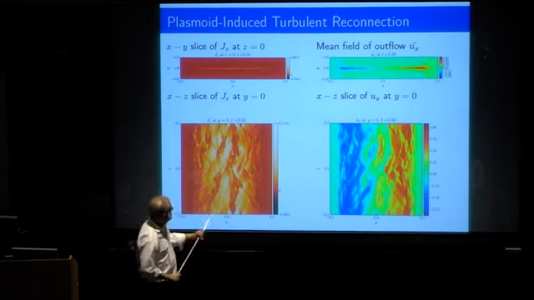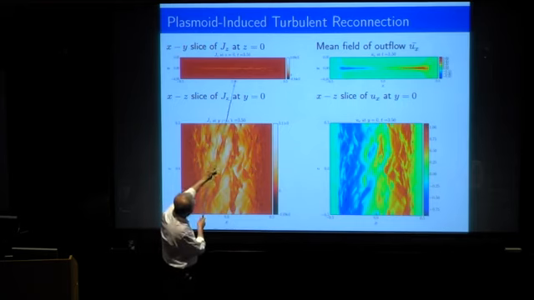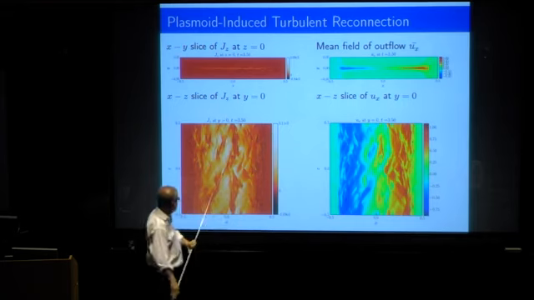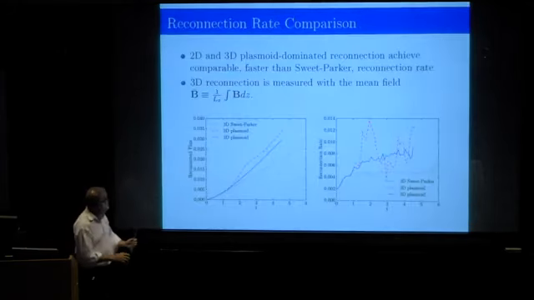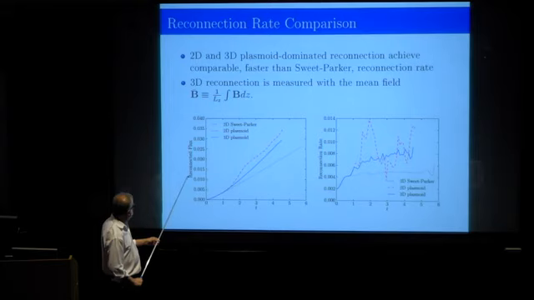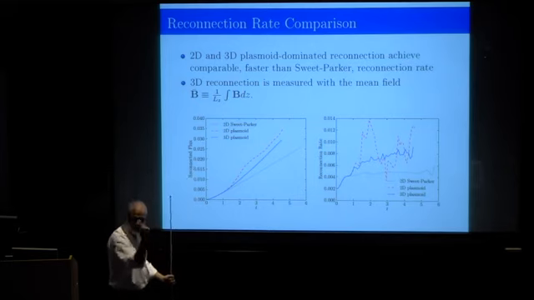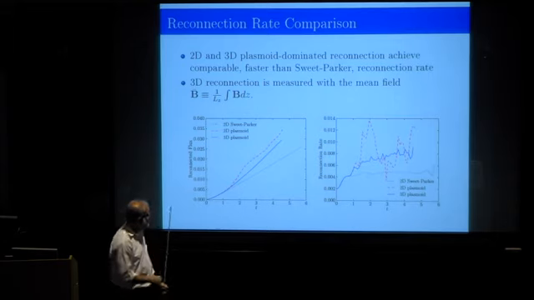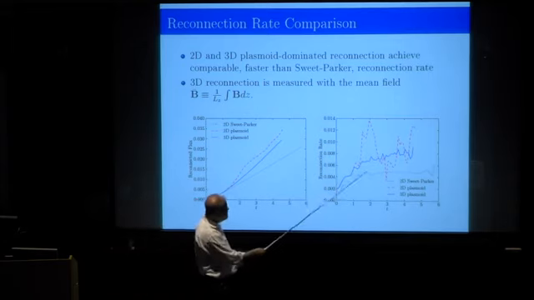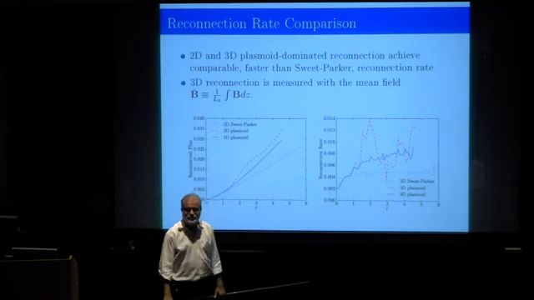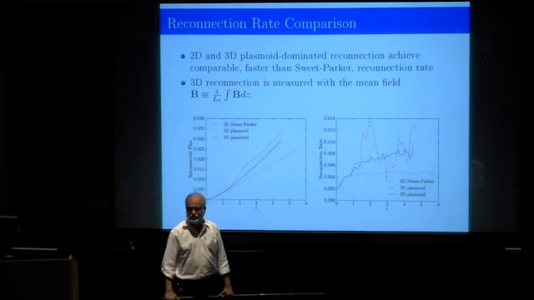So it's a softening. You see plasmoid-like structures still persisting, but really it becomes a harder and harder case to make that you have anything like this. And if you go back and calculate what the reconnected flux is, and the way we do this is that we calculate an average B field by averaging along the z direction, defining a flux function for the mean field, and looking at how the rate changes, what you find is the 3Dness doesn't change your reconnection rate all that much. You still get something like 0.01 VA.